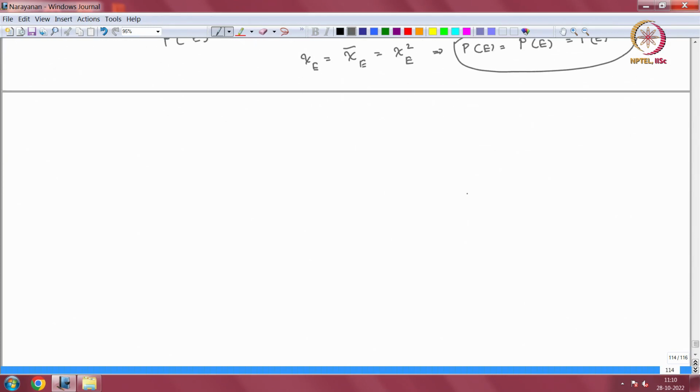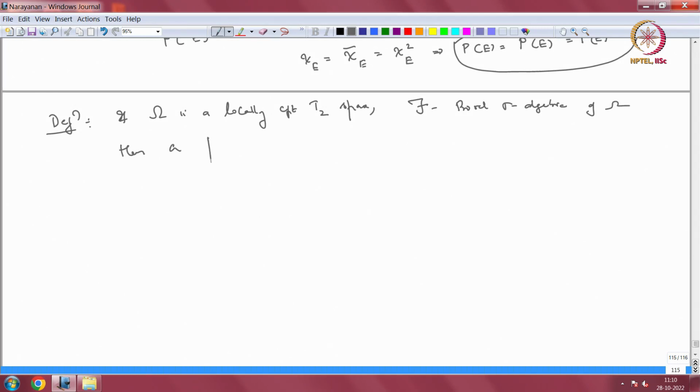Okay. So, one more definition here before we go further. Definition: if omega is a locally compact T2 space, okay, and script F is the Borel sigma algebra of omega, then a projection valued measure P. So, this will go from script F to bounded operators on H, and for each set E we have a projection, right, is called regular